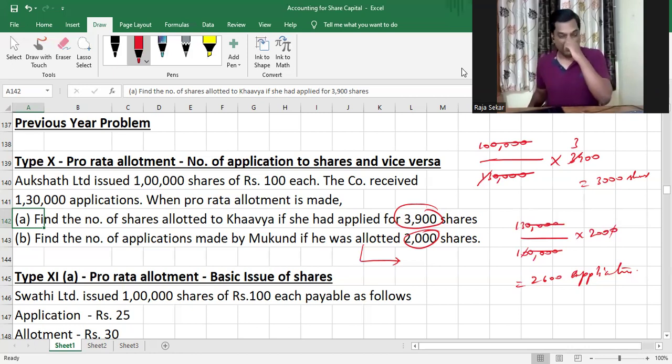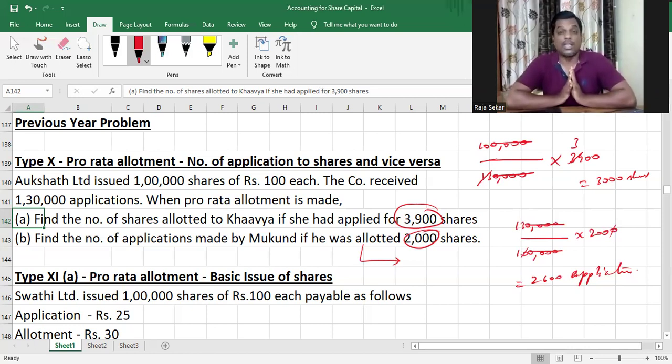But you don't have to worry about that. We'll teach you how to solve those questions with the pro rata allotment and excess application money, how to go about doing it. We have various illustrations that will help you do it. We also have solved a lot of previous year questions in the previous year board examination question playlist. So you can refer to that if you're running out of time, if you don't have time to understand the concepts. You can directly look at the previous year playlist to understand how the previous year questions have been solved. Pretty much straightforward and simple, my dear children, once you understand the whole thing.